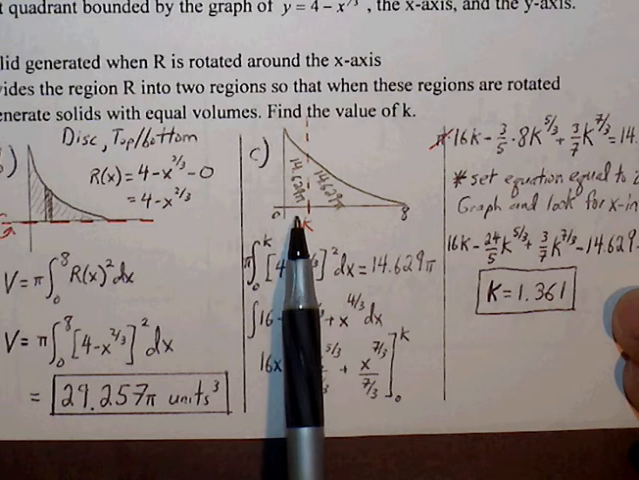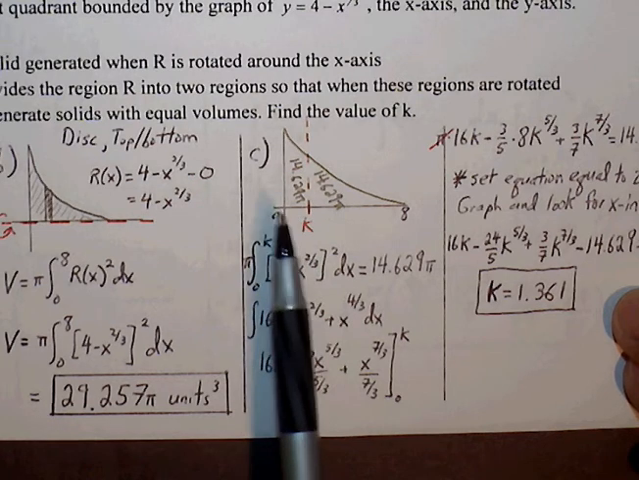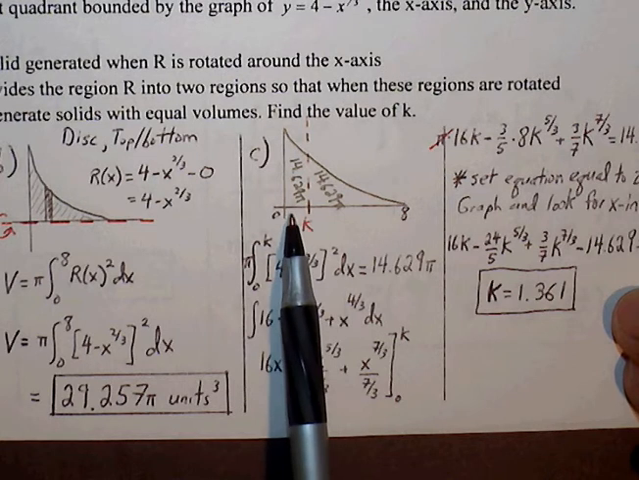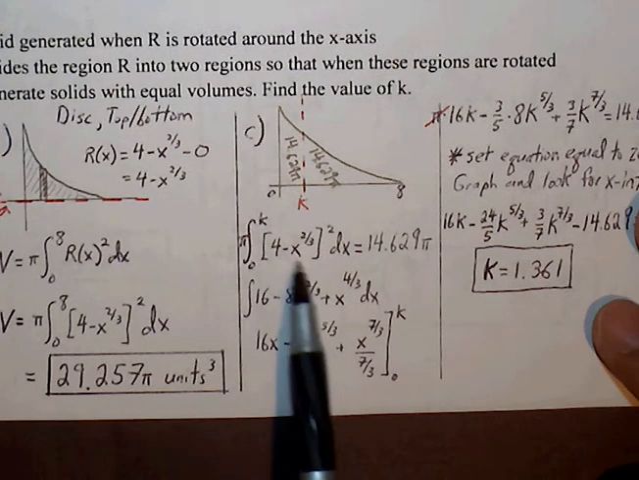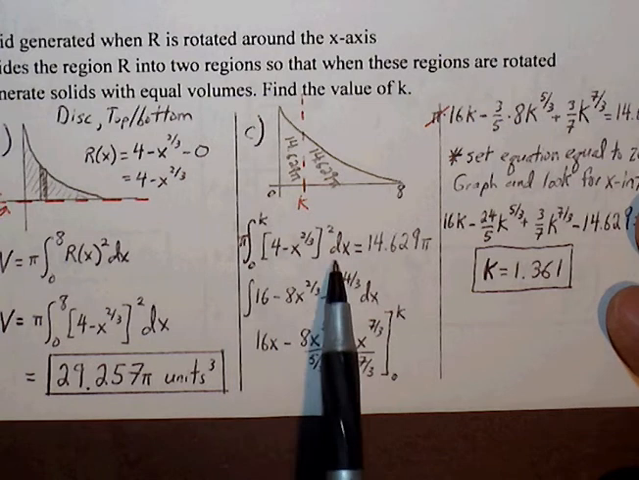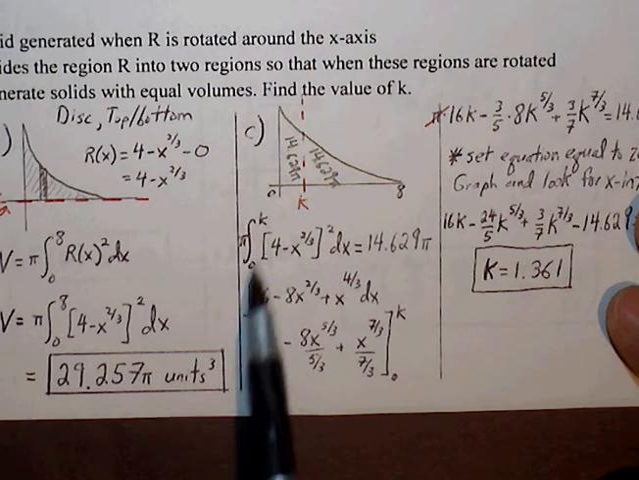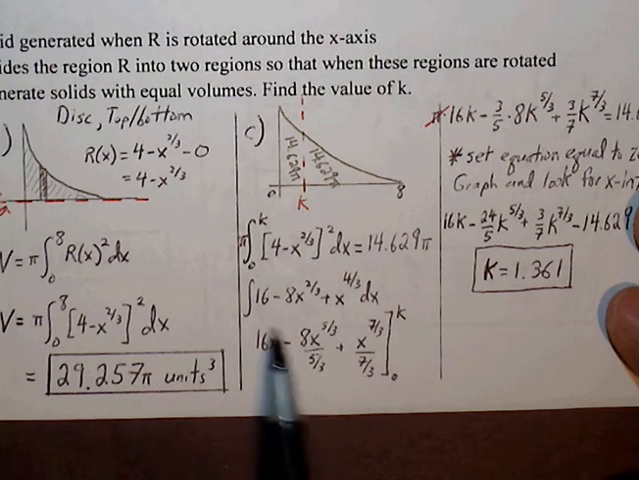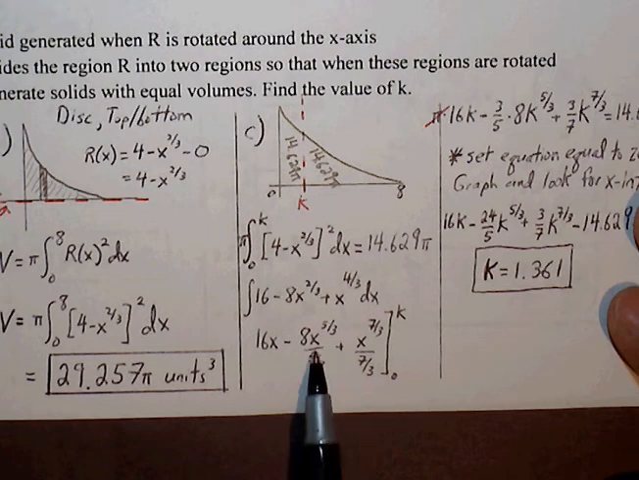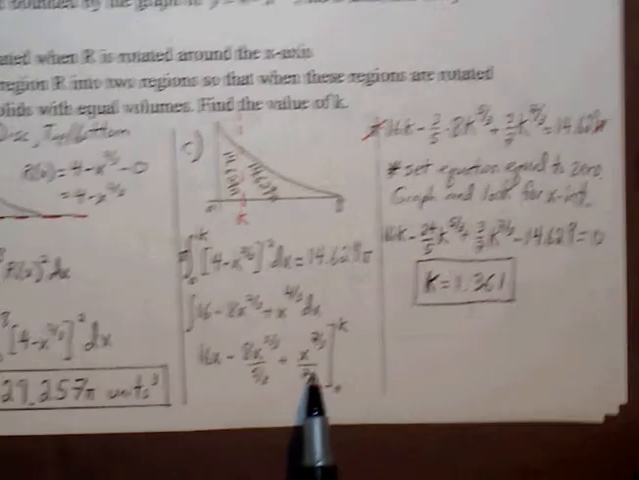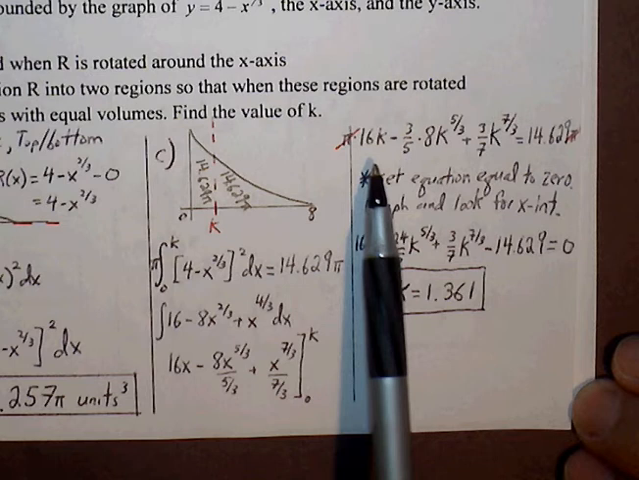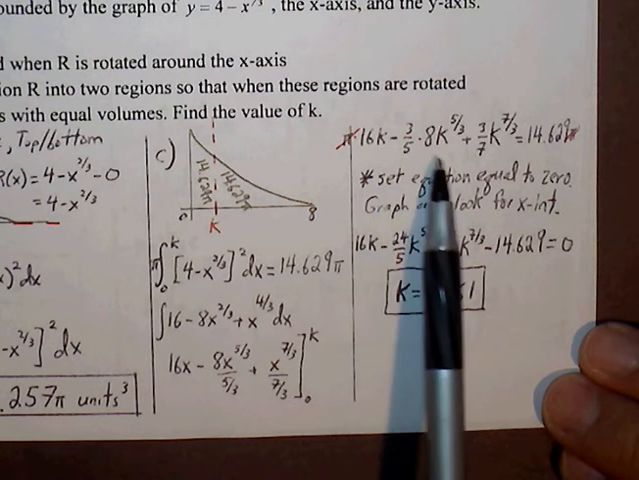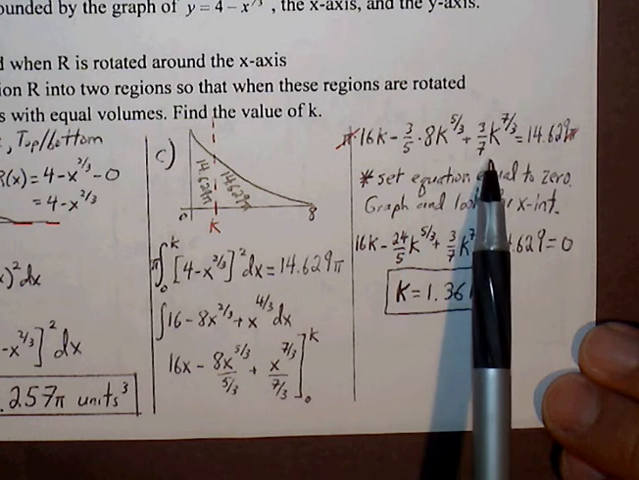14.629 pi. And then we can simply set up a definite integral for this method for this region, just like how we did with area before. So pi big R squared is equal to 14.629 pi between 0 and k. The pi's can cancel out. We can expand this, and once we do that, we can go through power rule. And then once we go through power rule, we can plug in our upper bound and our lower bound. So we're left with this. We're left with 16k minus 3/5 times 8, k to the 5/3 plus 3/7, k to the 7/3 is equal